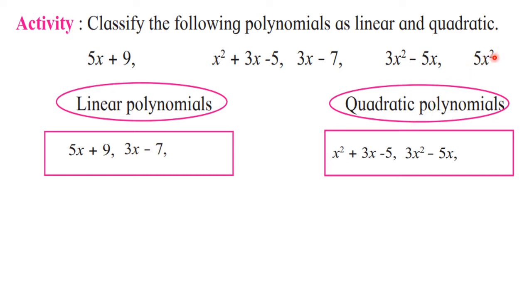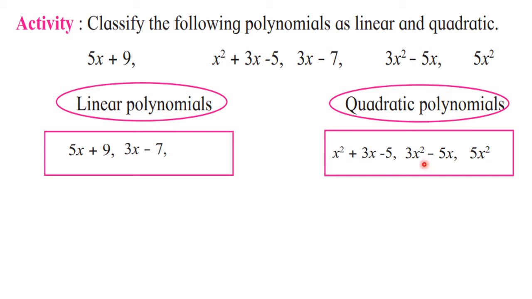And last is 5x square. Here also we can find that the degree is 2. No matter there is a single term, the degree is 2. So again, it's a quadratic polynomial. So in this way, we can divide the polynomials by using their degree. The polynomial with degree 1 is called a linear polynomial, as we have seen linear equations in two variables in the first chapter. There we have the standard form ax plus by is equal to c. There we were having two variables, but the degree of both the variables is 1. That is why they are called linear equations. And here you can see that the degree is 2.